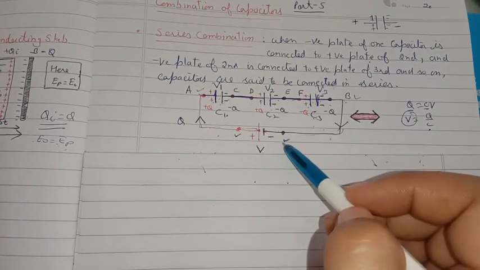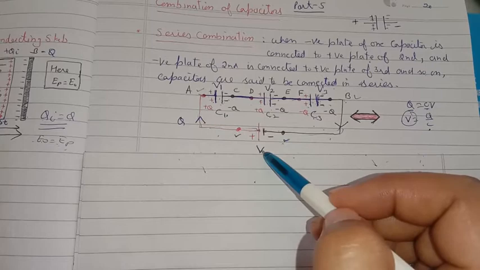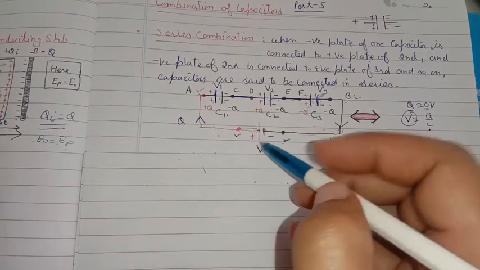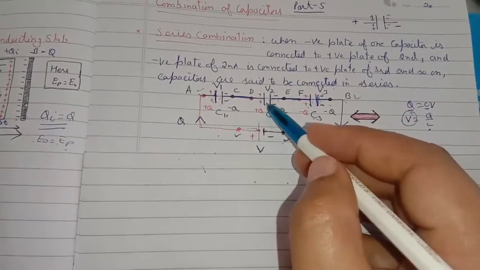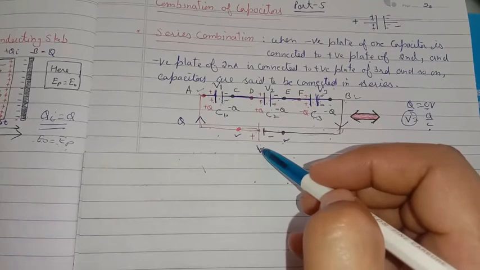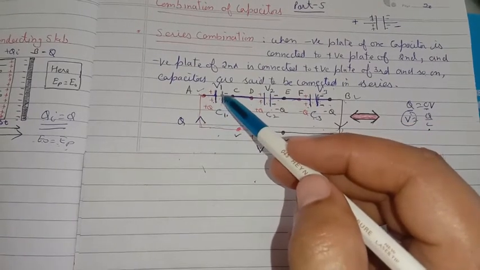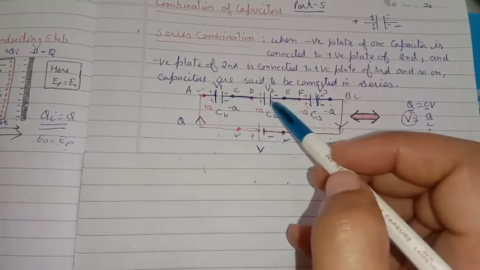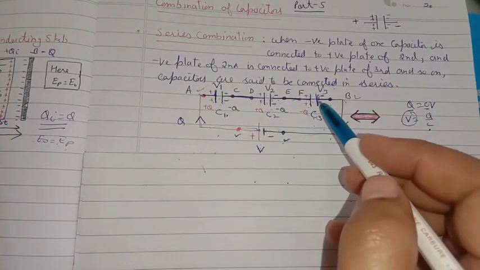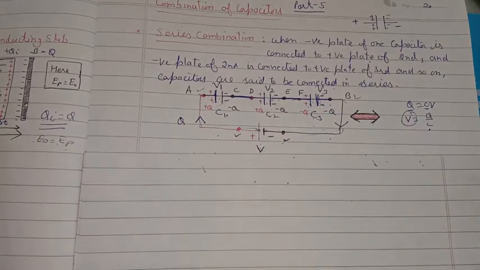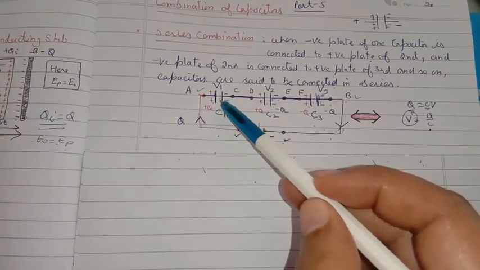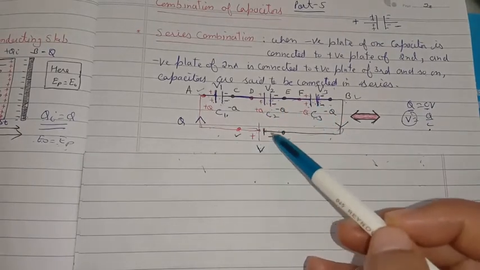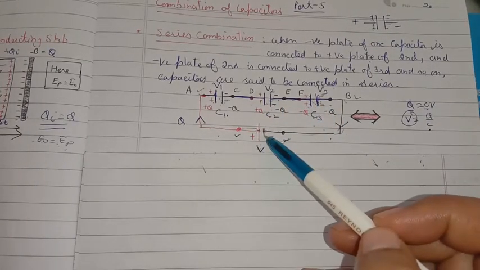Law of conservation of energy. Potential difference is work done per unit charge. Work done is nothing but the energy. So when charge is transferred from the battery into the capacitors, the battery is transferring its energy into the capacitors. When the battery transfers some of the energy, it gets divided into three parts. Some part goes into C1, some other part goes into C2, and the left out part goes into C3. Energy can neither be created nor destroyed. The sum total of energy always remains constant. This means that the sum total of the energy of capacitors C1, C2 and C3 must be equal to the total energy supplied by the battery. In simple meaning,